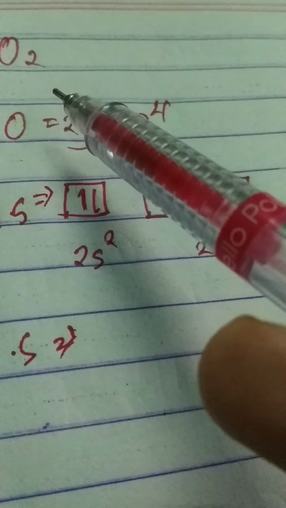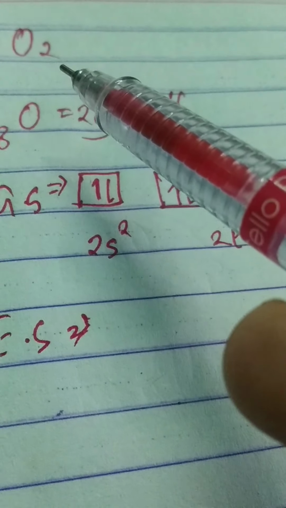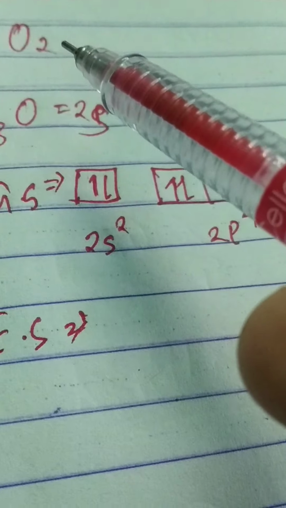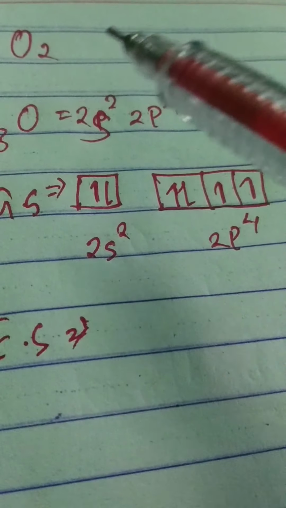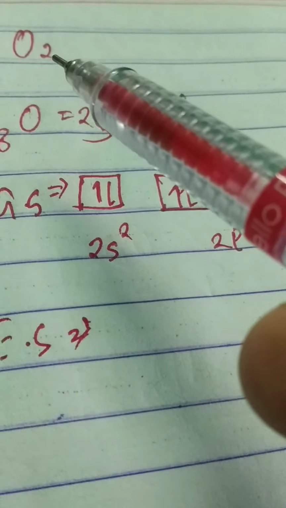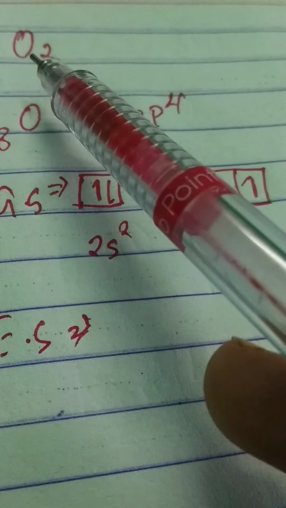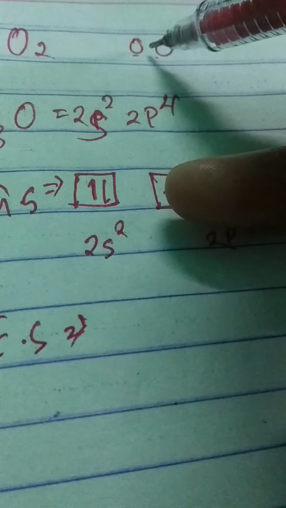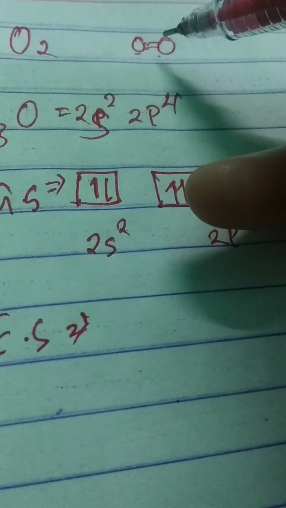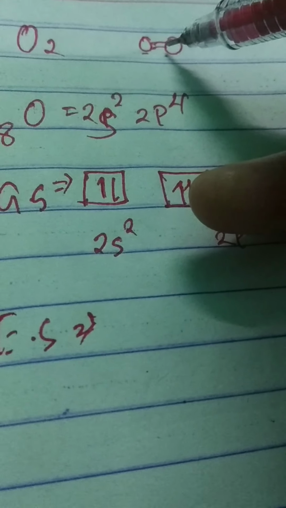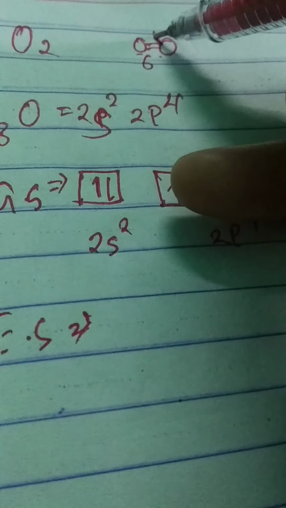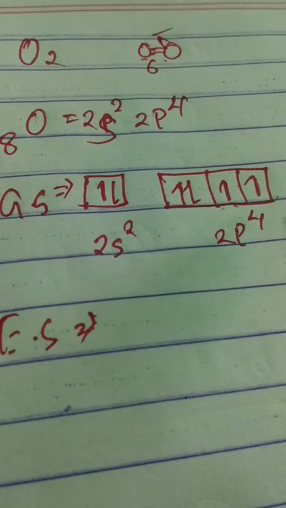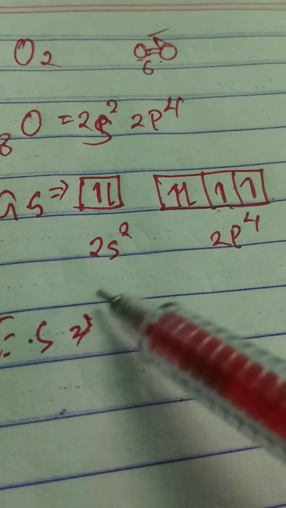As one oxygen atom is a minor atom, it will form a pi bond. Whenever oxygen acts as a minor atom, it will form a pi bond, and a sigma bond will always be there too. Suppose the two oxygens combine. They will obviously form a double bond because oxygen needs to share two electrons. So one will be sigma and one will be pi. So I need two unpaired electrons in the central atom. I already have two unpaired electrons, so there is no need to excite. So I will just write the hybridization.